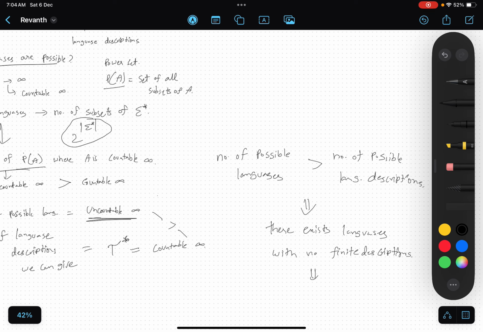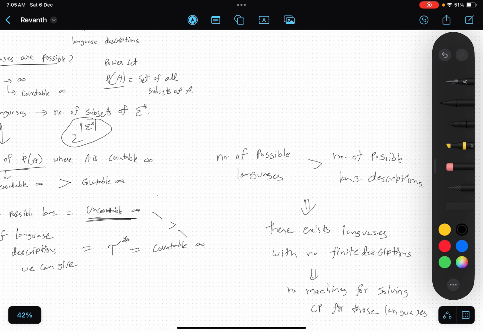So no machines for those, for solving the computational problem for those languages.